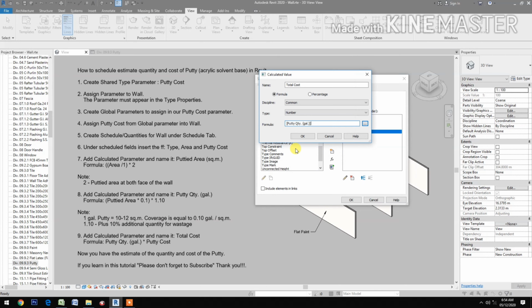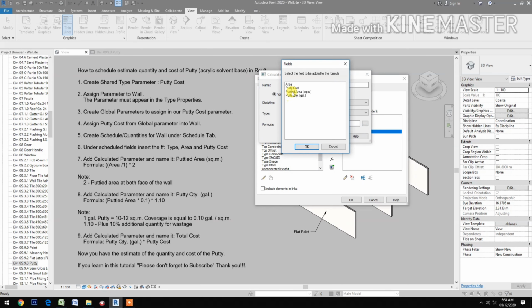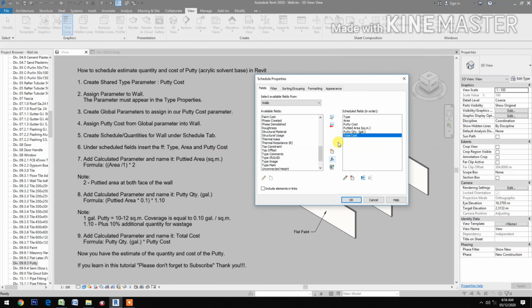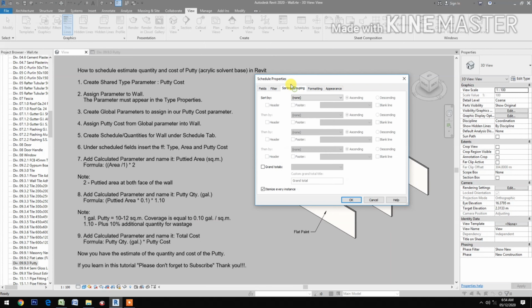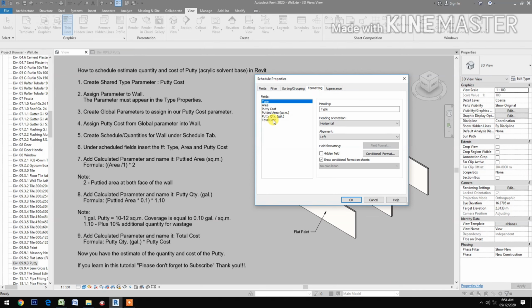Putty quantity times the putty cost. Select putty cost. Okay, then okay, then check sorting and grouping, check grand totals, formatting, total cost, alignment right,